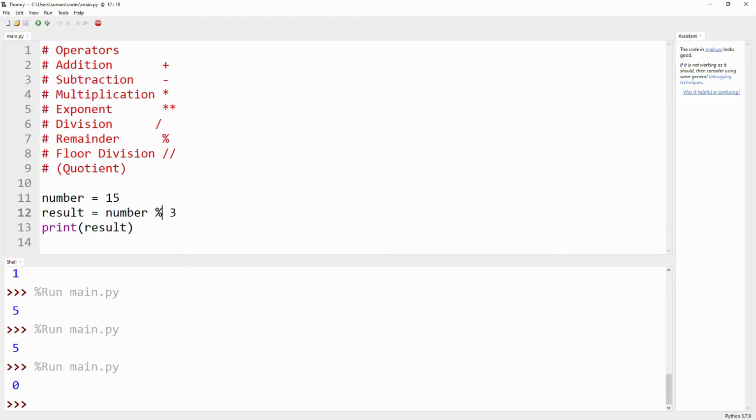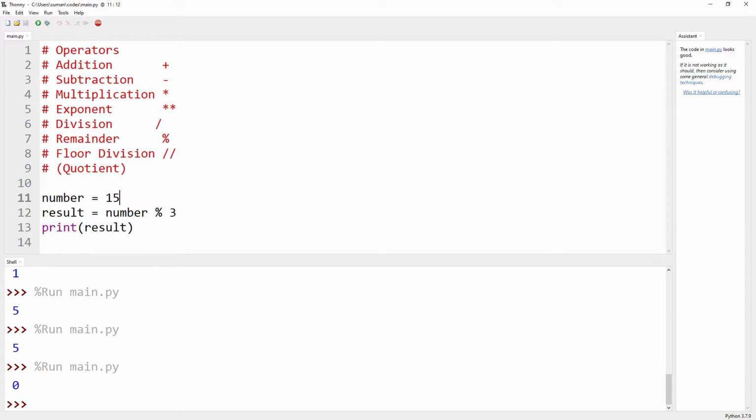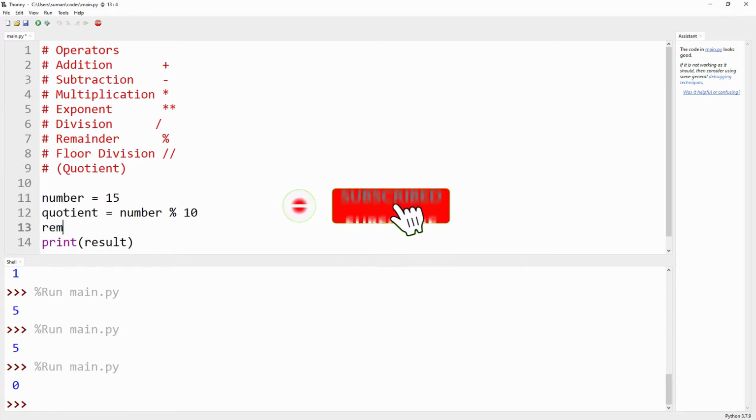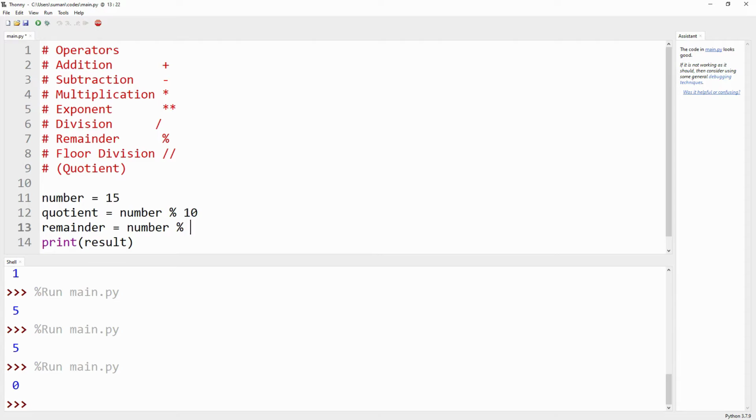So once again we are changing the complete code here. Suppose the number is equal to 15, and we are giving here, instead of result, the name of the variable, that is quotient, number, and here we are giving 10, and suppose the remainder is the second variable giving us number percentage 10.